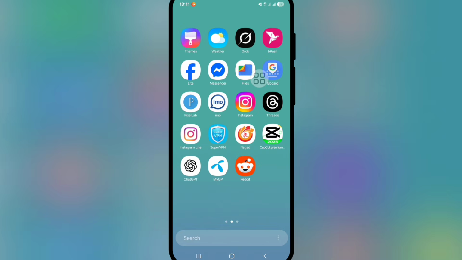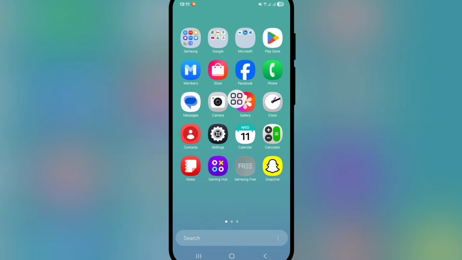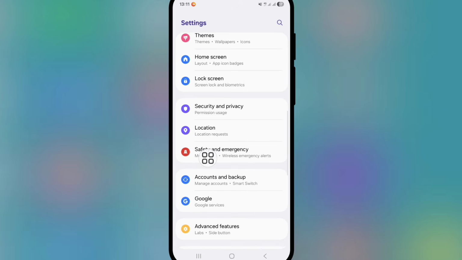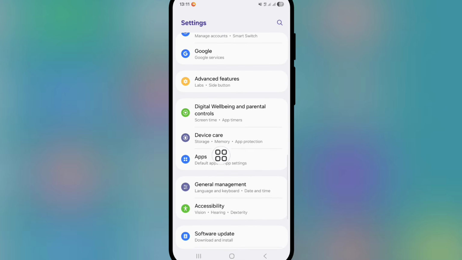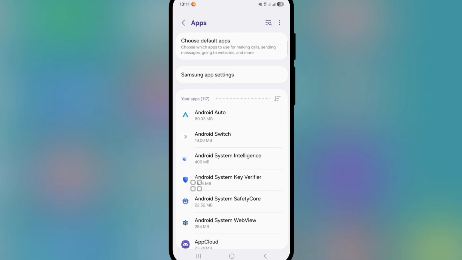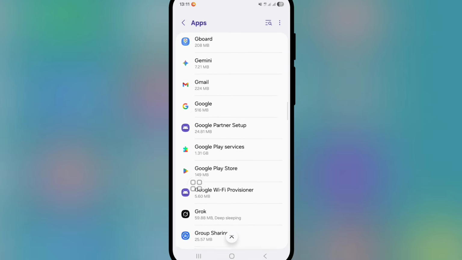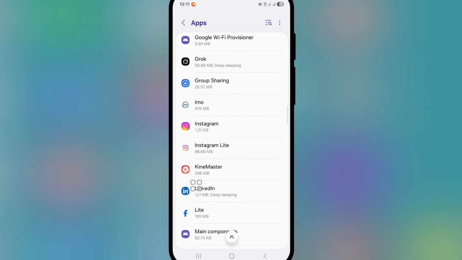After completing the update process, now go to settings and then go to apps or app management option. Now find Instagram from the app list. Now tap on Instagram,